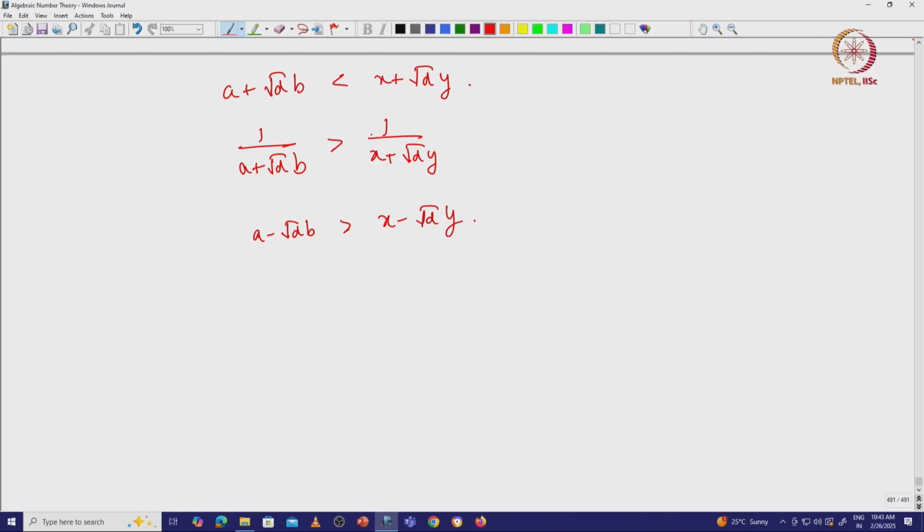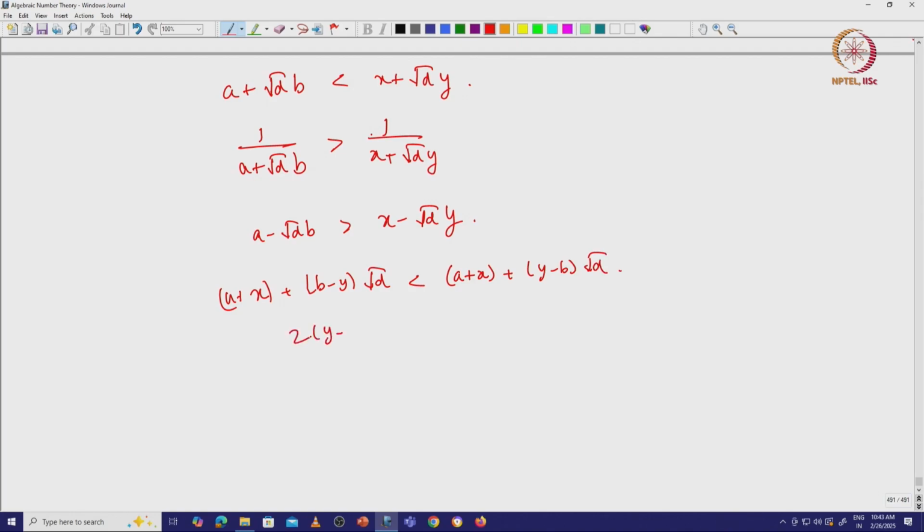And now you add these inequalities, you get a plus x plus b minus y square root of d is less than a plus x plus y minus b square root of d, and you rearrange this a little bit,